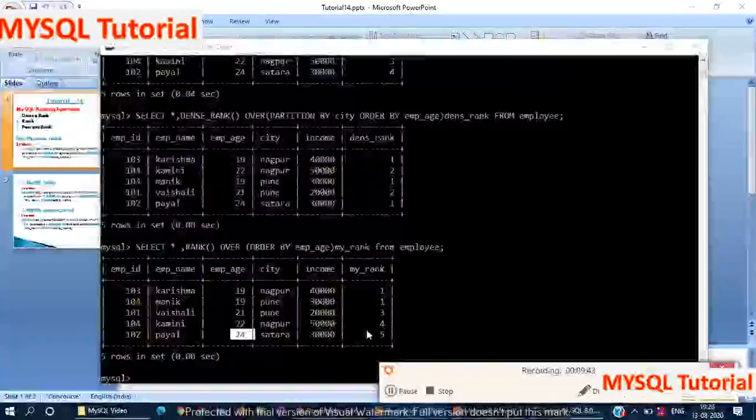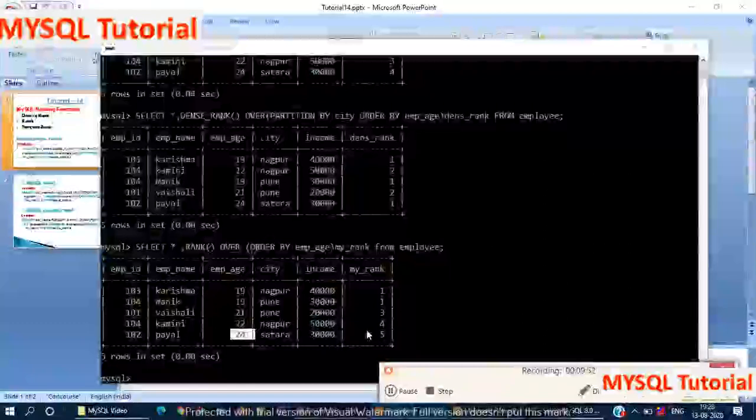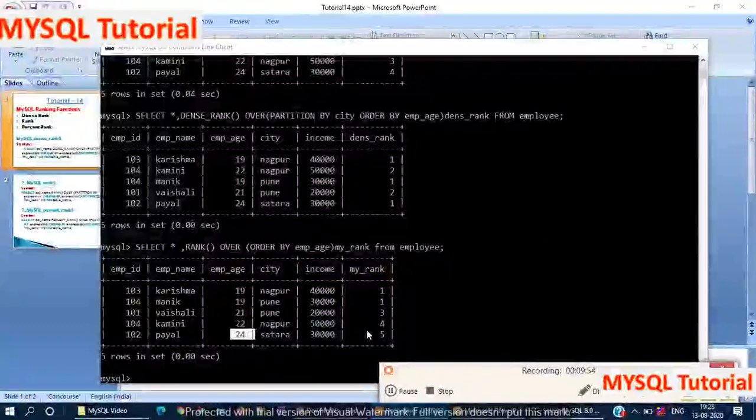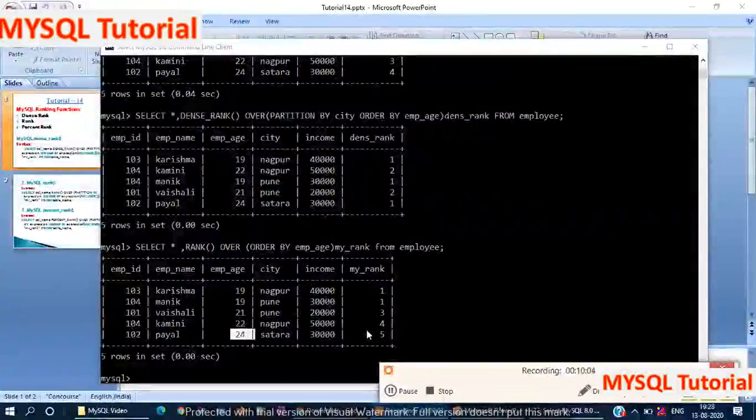In the rank function, if we use PARTITION BY, it returns the output the same as the dense rank function. Now we will move to the last function, the MySQL PERCENT_RANK function. It is a function that calculates the percentile rank, or we can say the relative rank, for rows within a partition or result set.